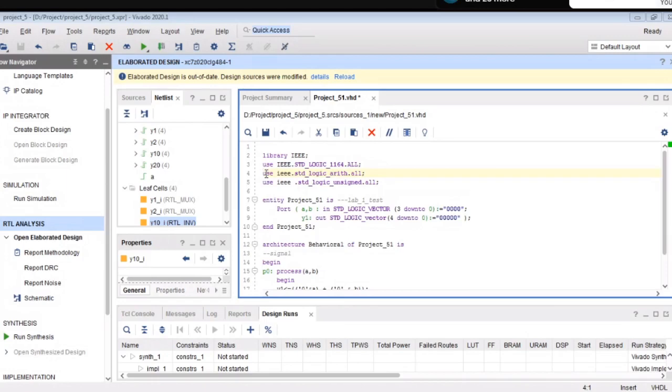For example, IAR will support numeric.all, but Vivado will not support it. Okay, sir. Understood? So it is software specific and also version specific. All versions will not support all the library files, so we should identify that. Okay, sir. So in this software now use arith.all and unsigned.all for these operators.